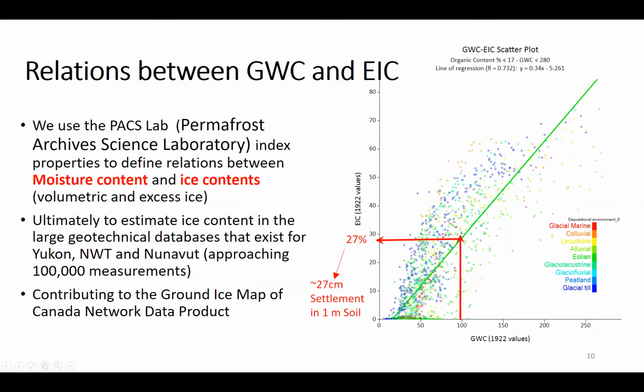What we do at the lab is to figure out the relation between different parameters and excess ice content. Finally, we want to predict or estimate with different sorts of regression modeling, linear and nonlinear. And here you see gravimetric water content on the x-axis and the excess ice content on the y-axis. And according to, for example, if you